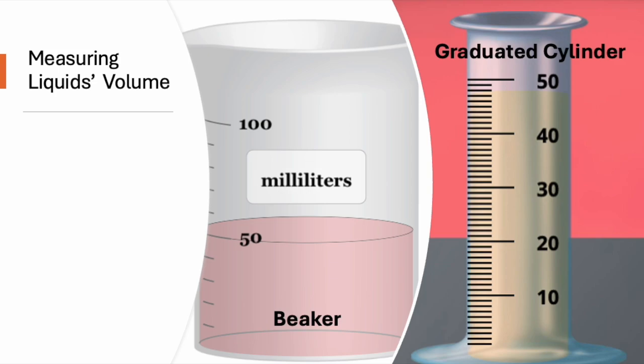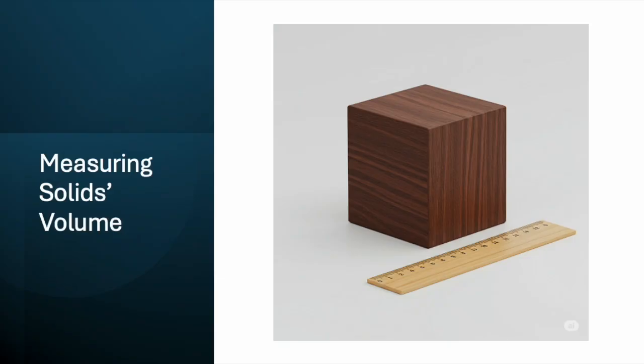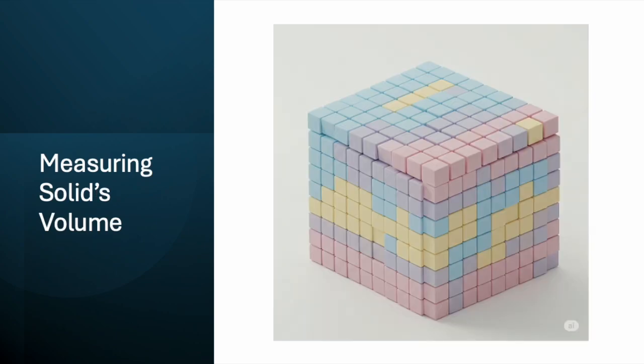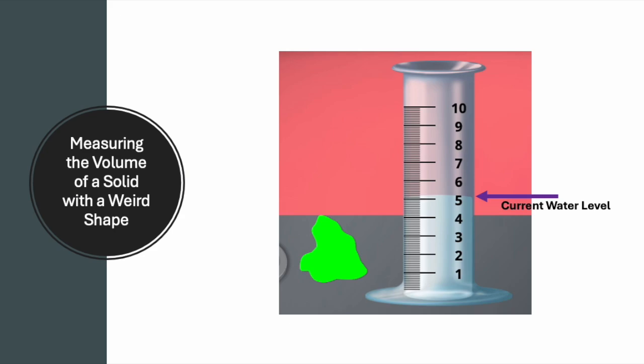If it's a simple shape like a cube or a box, we can measure its sides with a ruler. Then we multiply the sides together to find the volume. It's like saying, how many of those tiny sugar cubes would fit inside this box? But what if you want to find the volume of something with a weird shape like a rock or a